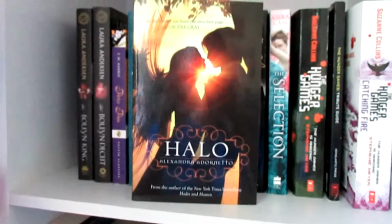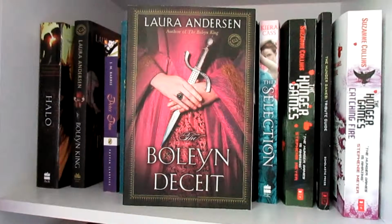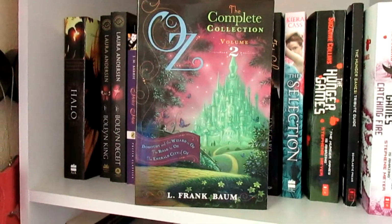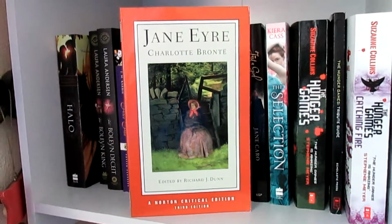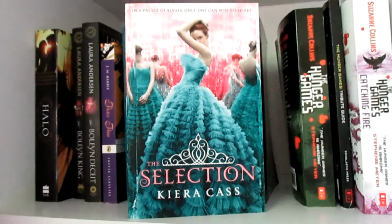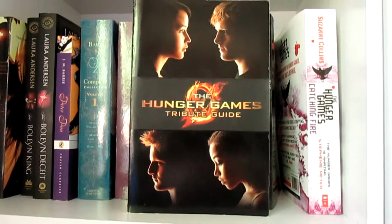Halo by Alexandra Adornetto, The Berlin King by Laura Anderson, The Berlin Deceit by Laura Anderson, Peter Pan by J.M. Barrie, Oz, The Complete Collection Volume 1 by L. Frank Baum, Oz, The Complete Collection Volume 2 by L. Frank Baum, Jane Eyre by Charlotte Bronte, The Perks of Being a Wallflower by Stephen Chbosky, Just a Girl by Jane Caro, The Selection by Kiera Cass, The Hunger Games by Suzanne Collins, The Hunger Games Tribute Guide, The Hunger